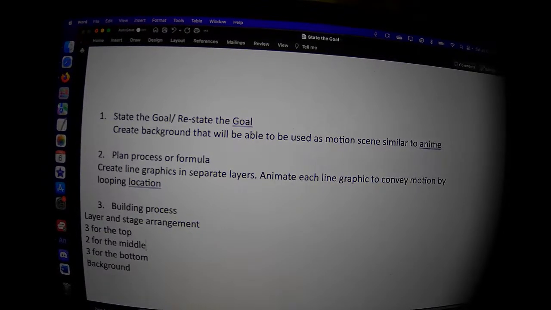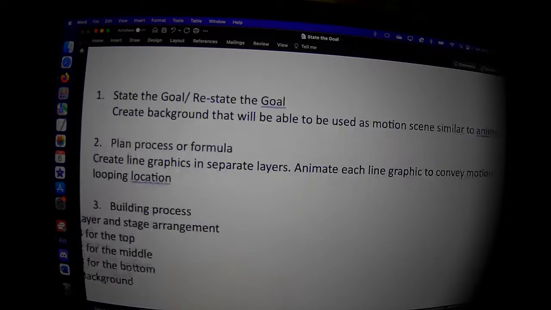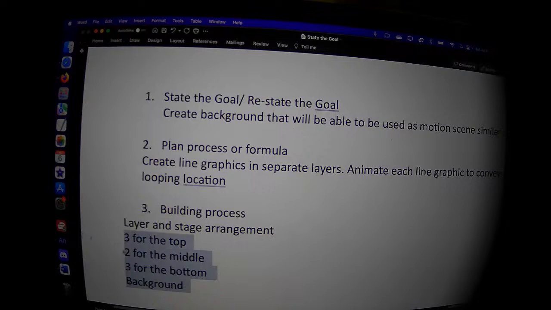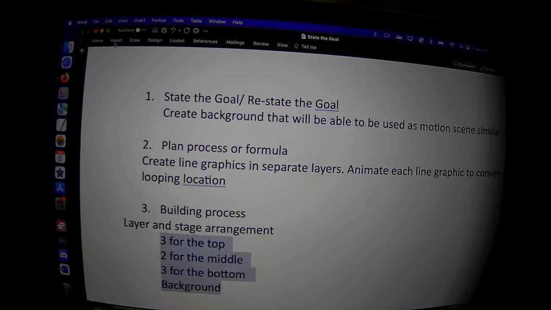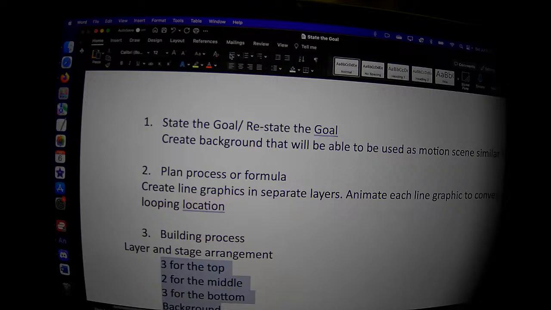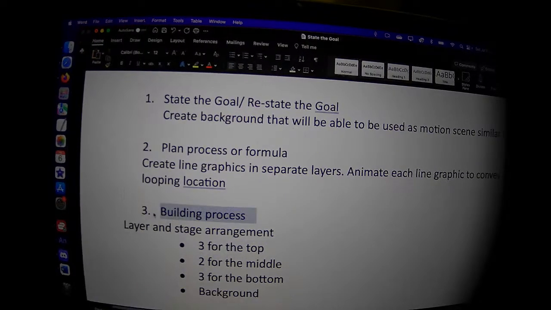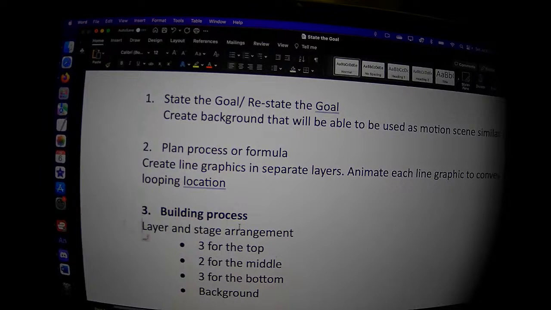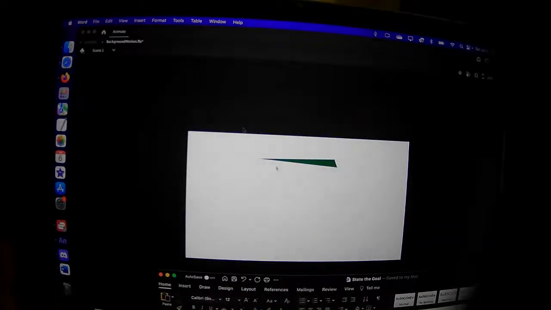Now the background is actually the very last section, because the background goes all the way behind it. That's going to be our build process: layer and stage arrangement. 3 graphics on the top that'll be moving left to right, 2 in the middle, 3 for the bottom and 1 layer of the background. And these are all going to be moving independently